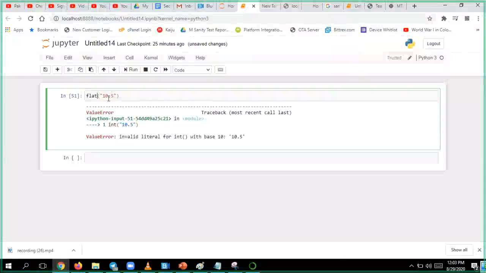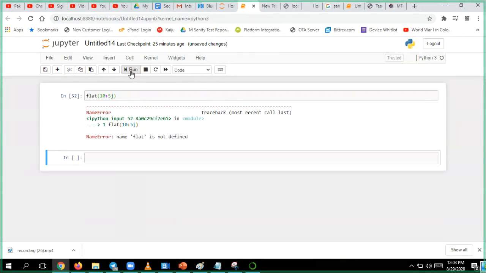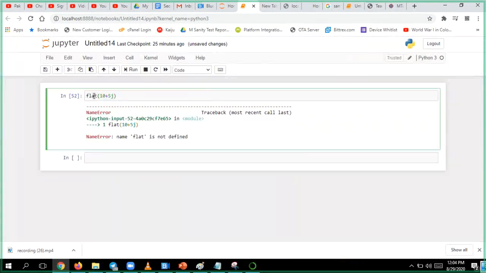Okay, now I have, say for example, 10 plus 5j, which I would like to convert into float. Maybe I want to convert it into float. Run it. It will say that... float, run it.